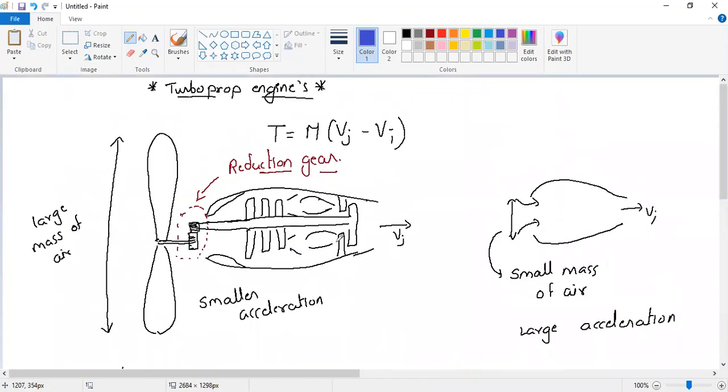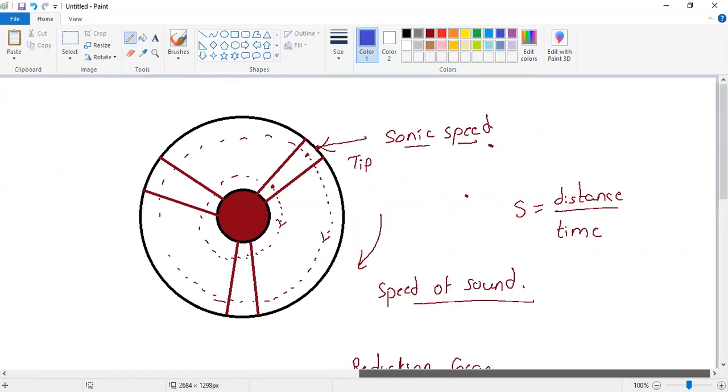This is a DGCA question. A large mass of air accelerating to a smaller value is a turboprop engine. A small mass of air accelerating to a larger value is a turbojet engine. Another favorite DGCA question for the turboprop engine is that a turboprop engine requires a shorter runway for takeoff. The shortest runway required for takeoff is for the turboprop engine. Then we understood the entire working. We understood why